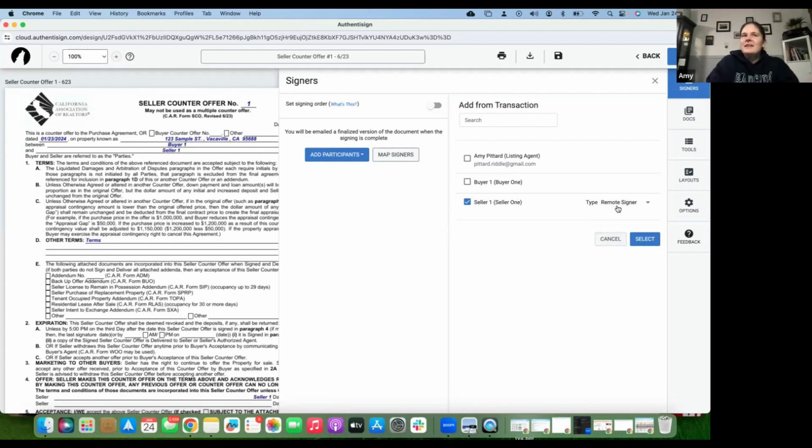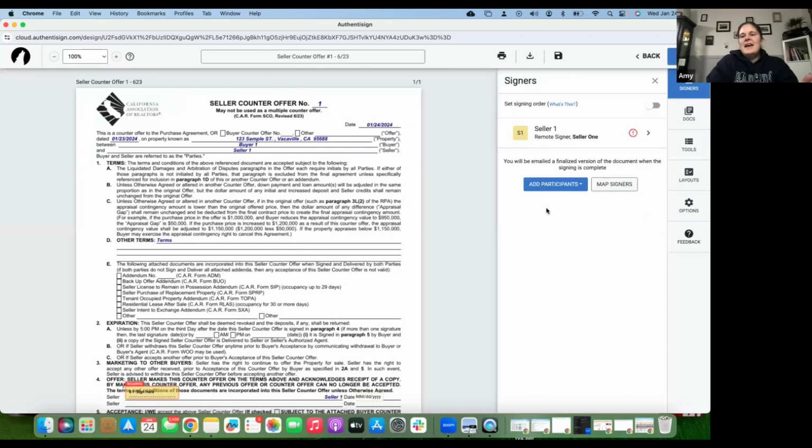You can also add the other agent on the transaction as a CCer, so when it's all done, they'll get a copy of it. However, I don't like delivering my documents that way. I don't think it's the best way to do it. So we would add from transaction here, select who you want, hit select. And then if we wanted to add additional participants, it's giving me a red box here because they don't have an email address. We would hit add